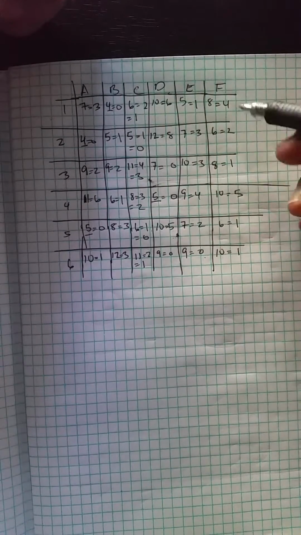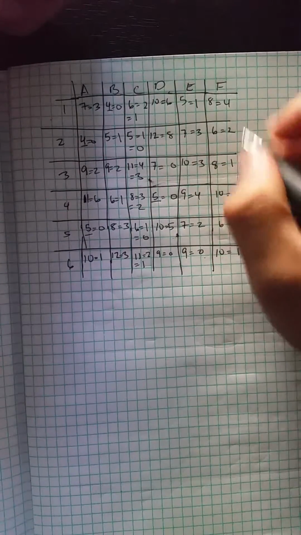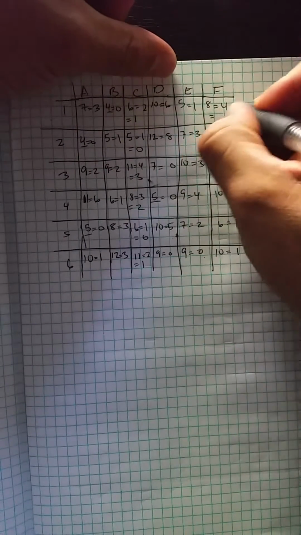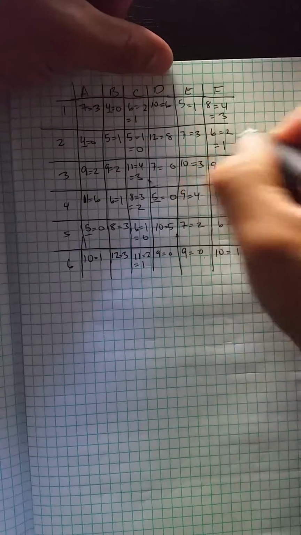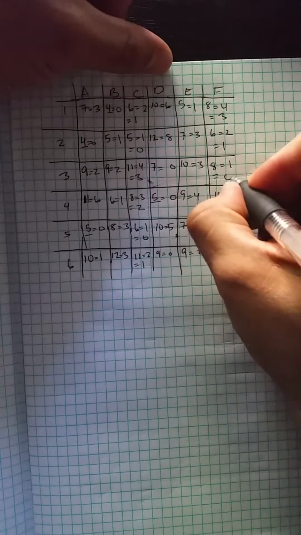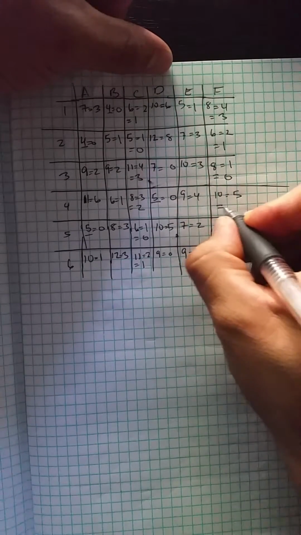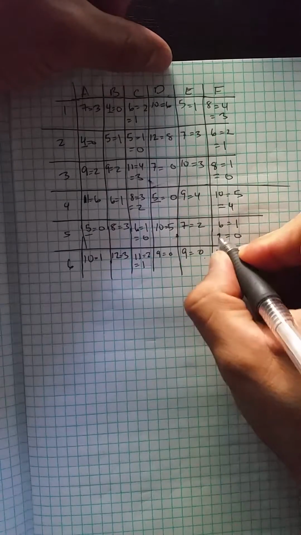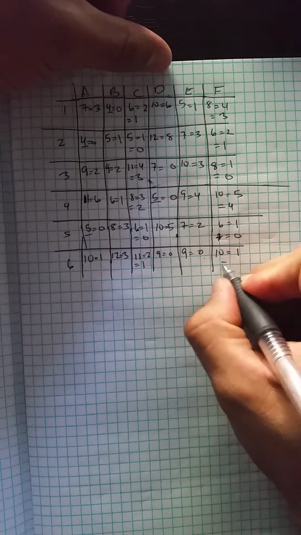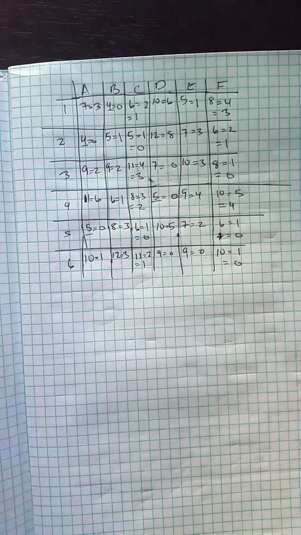But then we also see that there's a 1 in this column, so we're going to go ahead and subtract 1 from each number here. So 4 minus 1 is 3. 2 minus 1 is 1. 1 minus 1 is 0. 5 minus 1 is 4. 1 minus 1 is 0. And 1 minus 1 is 0. Okay? So next step is going to be,